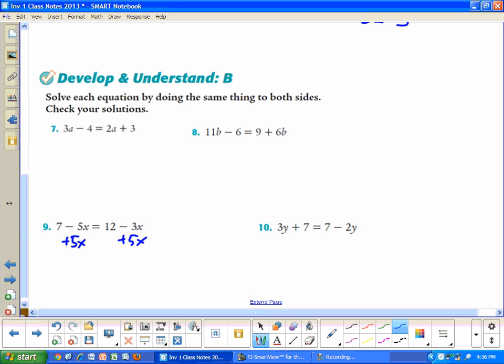Now 7 minus 5x plus 5x is just 7. And 12 minus 3x plus 5x is 2x. Now, once I have x in just one place, I can backtrack if I want. I could just do 7 minus 12 divided by 2. Or I can just continue this process, eliminate the 12 there, and that gives me